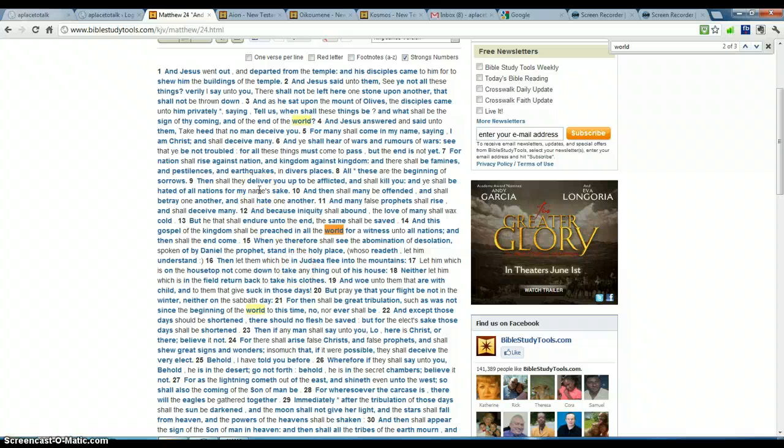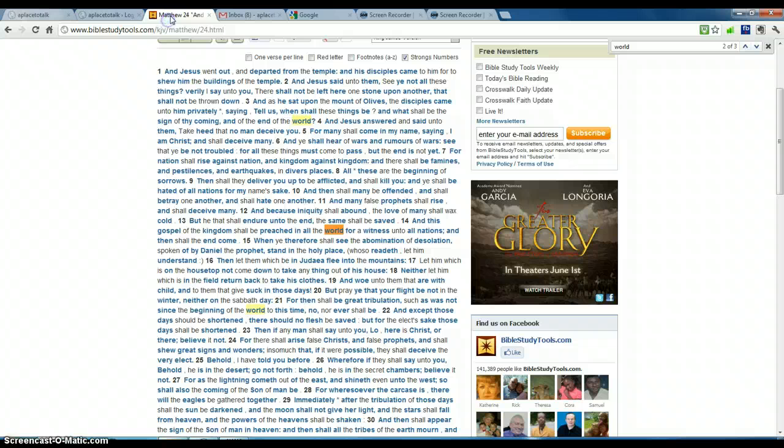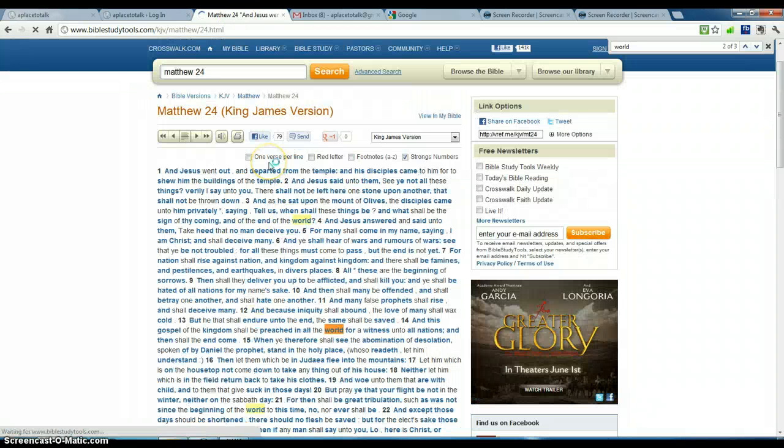What I wanted to do today is simply show you how to go to Crosswalk. So let's do it again. Go to Crosswalk. Let's pretend none of these tabs are open. You can hover over a word and get the Strong's Concordance number. You can just directly click on that word, a regular left click, and it will change the tab you're in and take you from where you were. I don't know why it's acting slow there. And it'll take you to the word aeon. I don't like to do it that way.